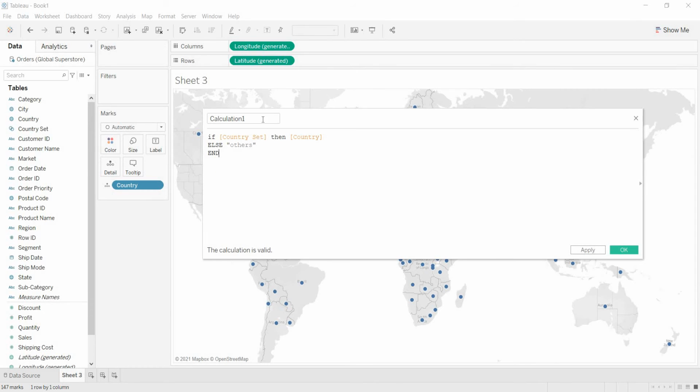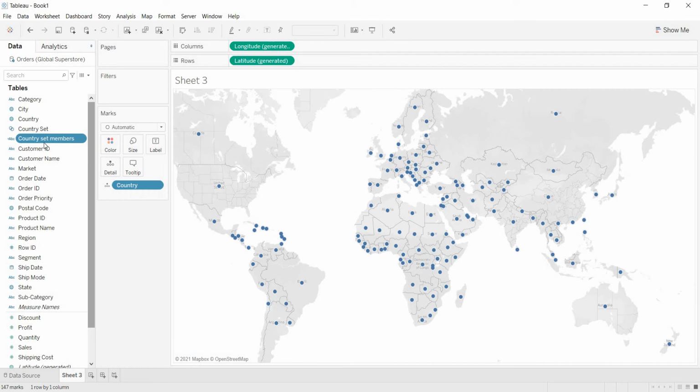A simple calculation, I'm giving the name as country set members. If something is selected from this country set, then show me that respective country, else others. Okay, now I define this.